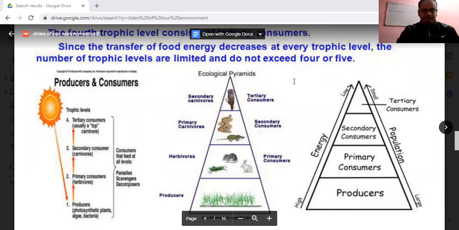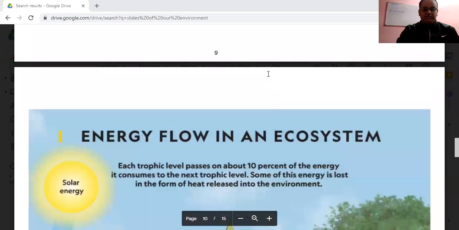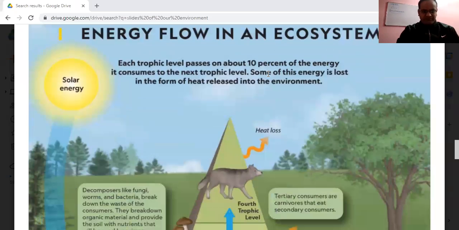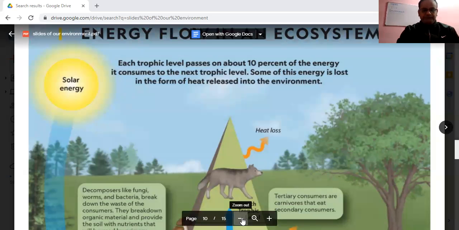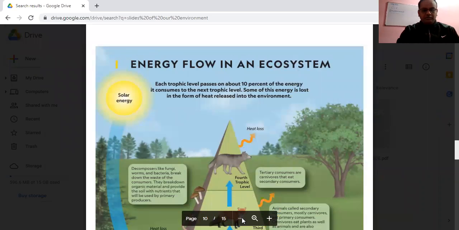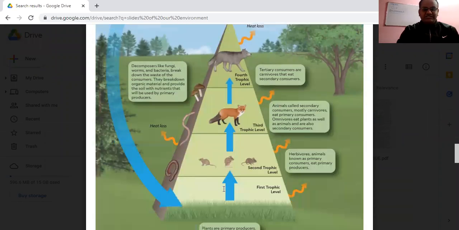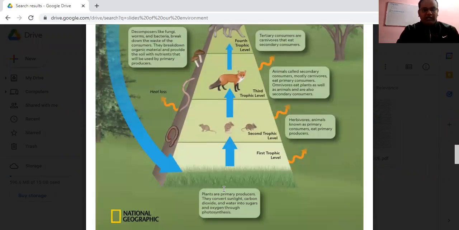Okay. Now, students, the next very important concept in ecosystem is energy flow. First of all, before starting the discussion of this energy flow, one very important thing that,